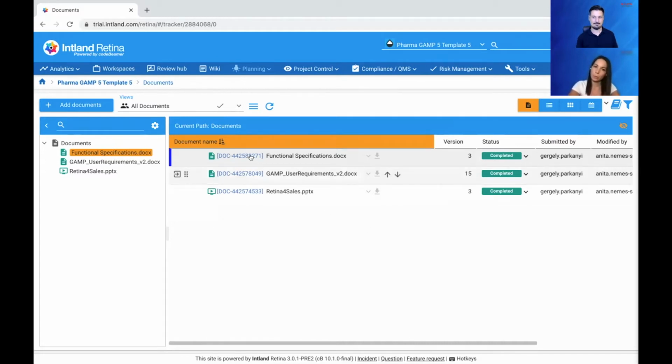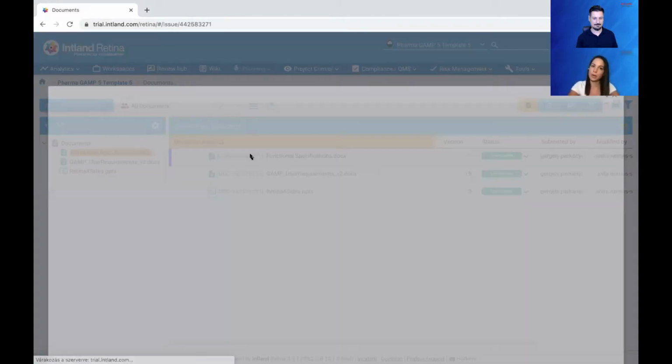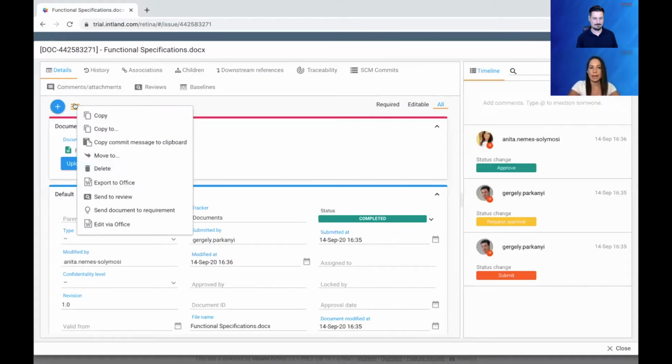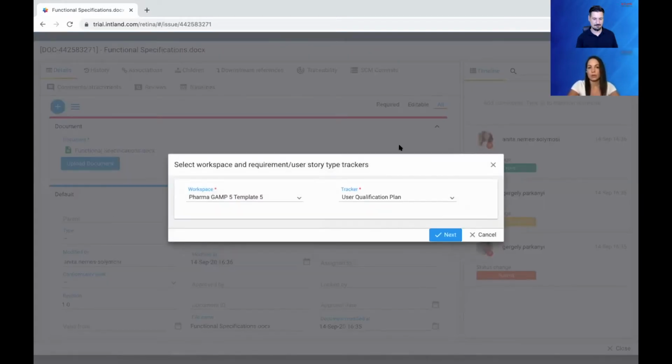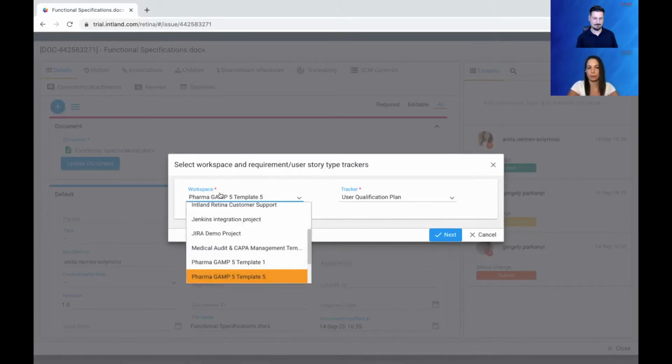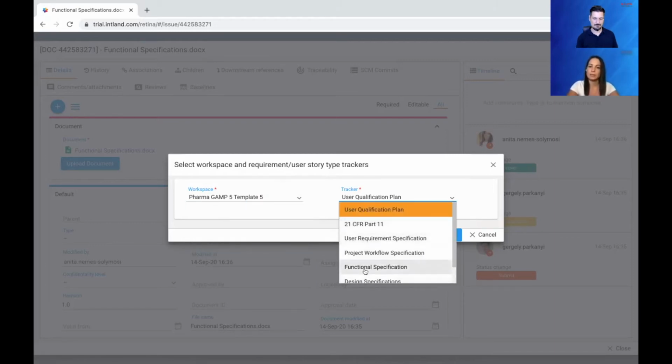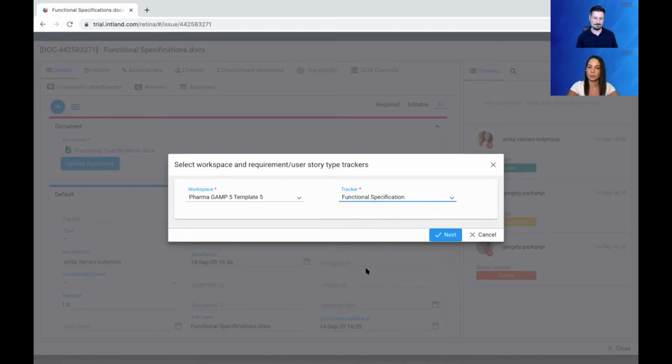So right now, what I have to do is to open up this document within Retina, and then I can select the option to send this document to a requirement type tracker. So as you can see on this page, I can select the proper workspace from the drop-down menu, and I can select the tracker as well. This time I would choose the functional specification, and by clicking on next,